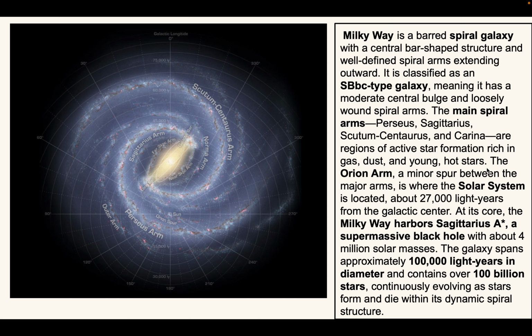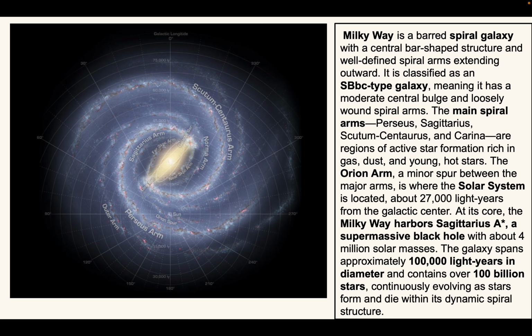There the active star formation regions contain young hot stars, and dust and gas are also present in these arms. The Orion arm, the minor spur between the major arms, is where our solar system is located. It is about 27,000 light years away from the galaxy's center. The core of the Milky Way harbors a central supermassive black hole that is named Sagittarius A star,